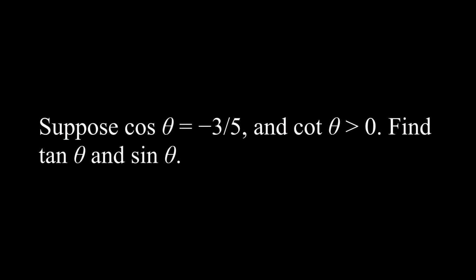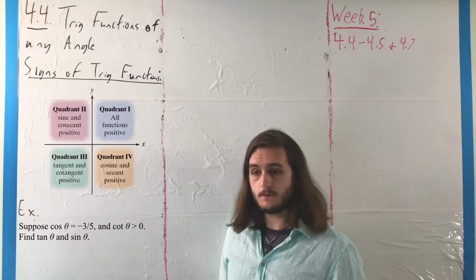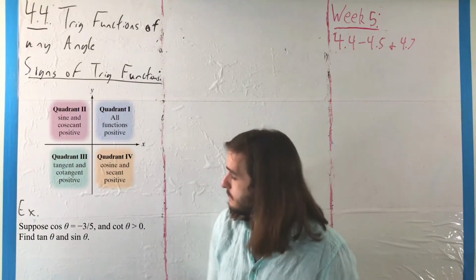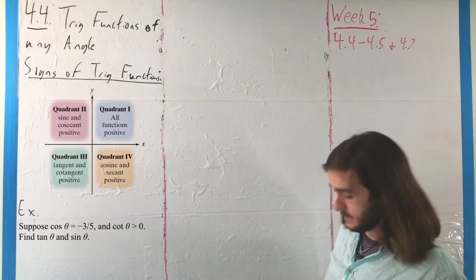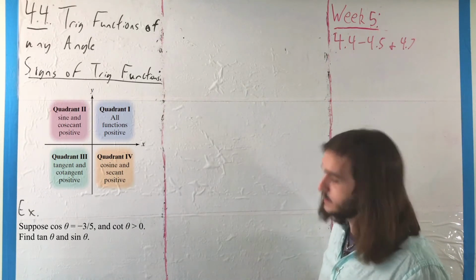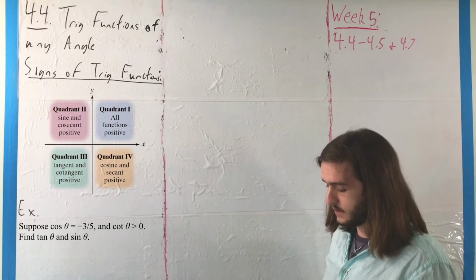So for this example, we suppose cosine of theta is equal to negative 3/5 and cotangent is positive, where we want to find tangent and sine of that same angle theta as a result. So from what we have here, we can make some interpretations. First, we can notice that because we have cosine